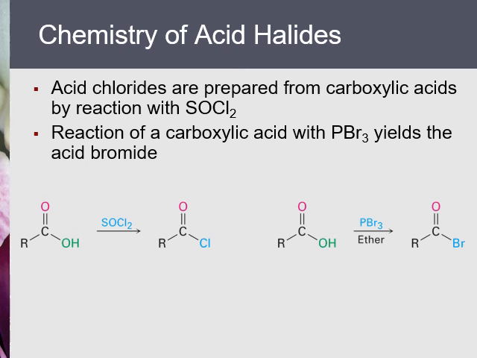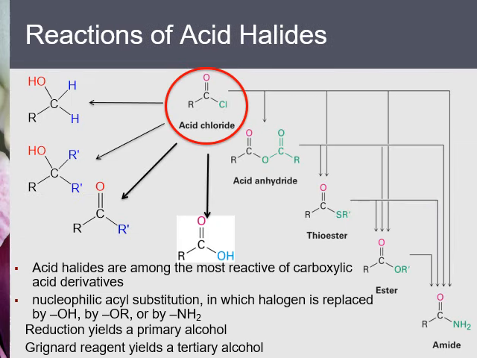By reacting with thionyl chloride, a carboxylic acid is converted into acid chloride. Reacting with phosphorus tribromide, carboxylic acid is converted into acid bromide. As you can see in this chart, among all the acid derivatives, acid chloride or bromide are the most reactive, because chloride or bromide are the best leaving groups, and therefore by reacting with a carboxylate, for example,